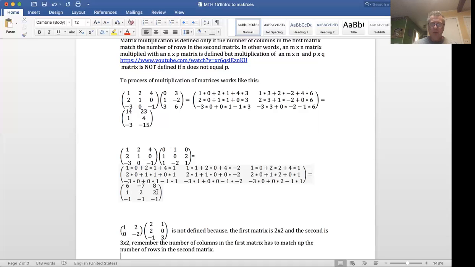That gives us 1, 2, and 2. So you're going to do the same thing with the third row. So that's the process. Third row, first column, add up. Third row, second column, add up. Third row, third column, add up. What you have to remember to do is multiply out the